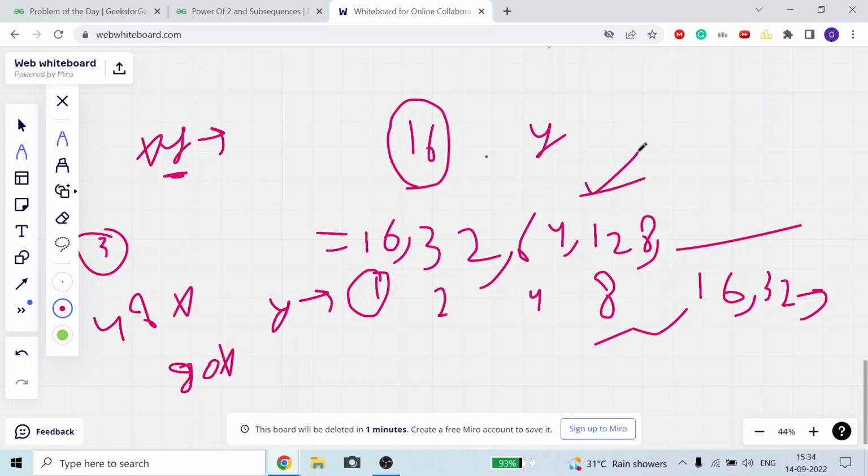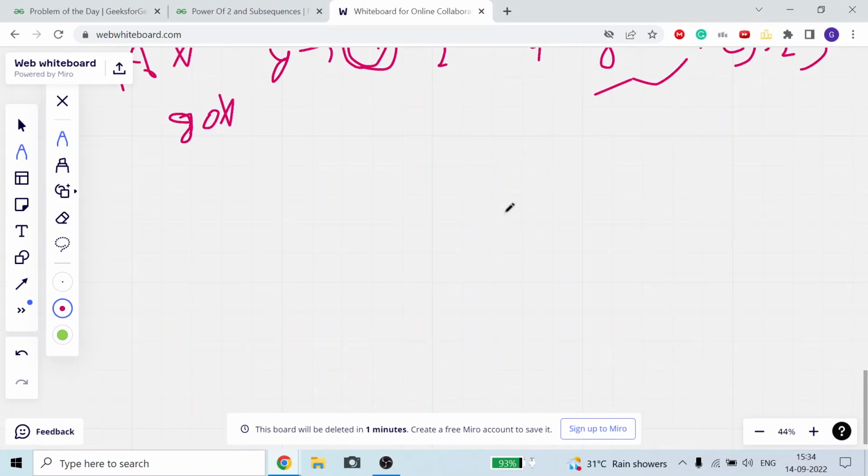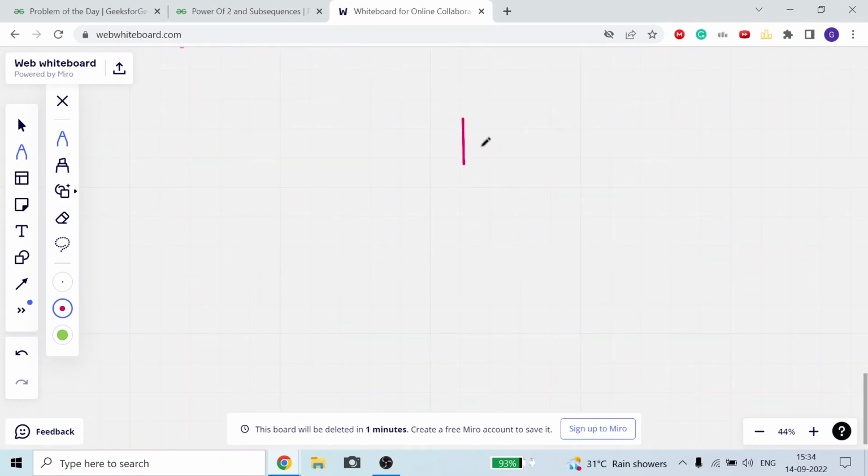So for two numbers x and y, if we have to multiply y with x, then y should also be a power of 2. And there is one proof as well. Take a small example. Take 2. If we multiply it by 2, it will become 4. If we multiply it by 4, it will become 8. This means the power increases one by one.